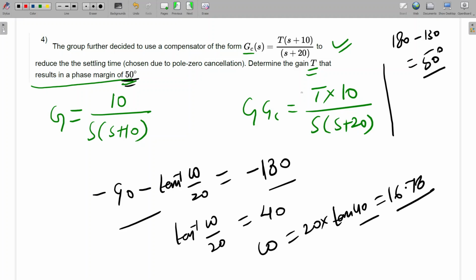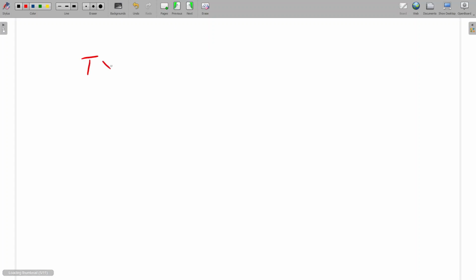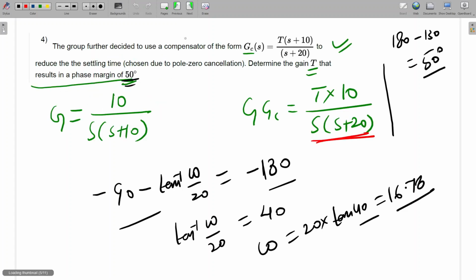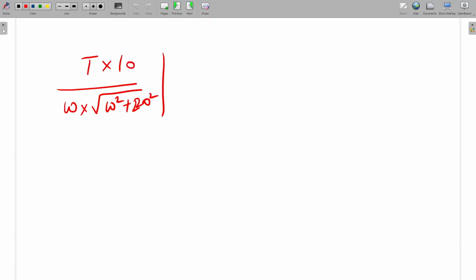So the procedure is like this: magnitude should be equal to 1. So T into 10 divided by omega into omega square plus 20 square. Our gain crossover frequency was 16.78. So at omega equal to 16.78, this should be equal to 1. So this we will calculate. So T will be equal to